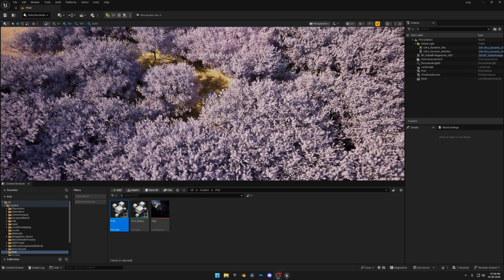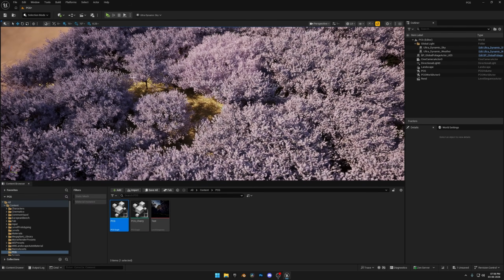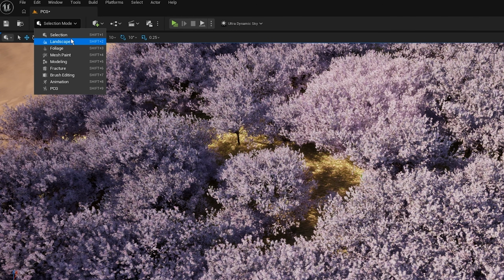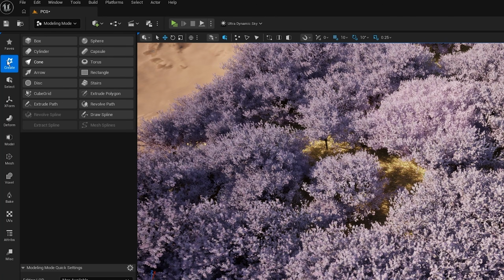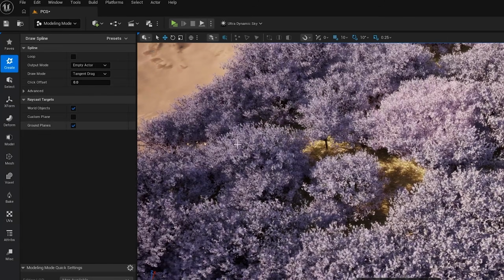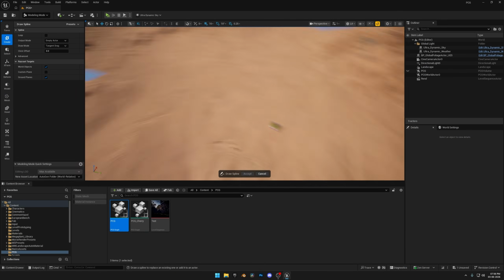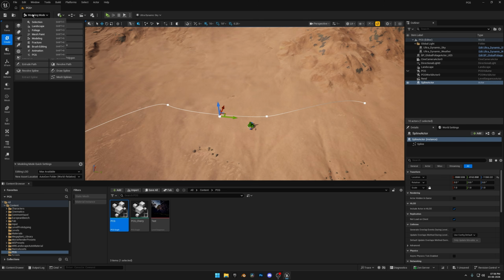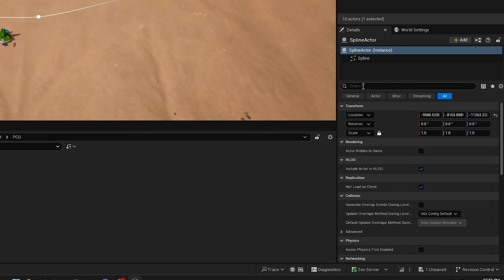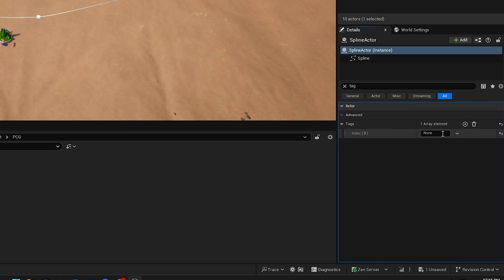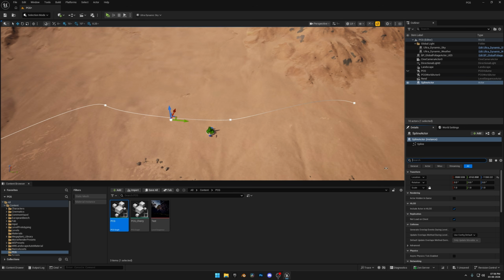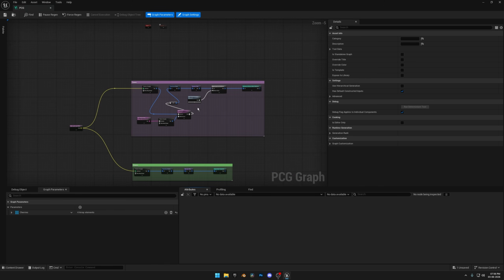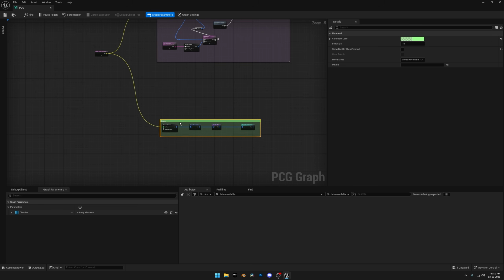And now we are going to add a pathway in our forest. For that, go to selection mode and change it to modeling mode. And in the create section, go to draw spline. Let's hide the PCG for now, and let's build a basic spline for the pathway and click accept. And let's go back to selection mode. And here I will search for tag and I will set the tag to pathway. I will copy this name because we are going to need it inside our graph. Here I will move the grass